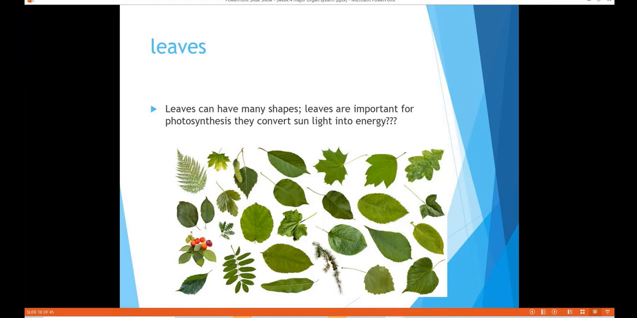So leaves can have many shapes, as you can see in this picture over here. They can be long and thin. They can be spear shaped, round shaped, oval, or divided into lobes. Some, such as holly leaves, have spines. Very few plants have leaves that can catch insects. One example of such a plant is